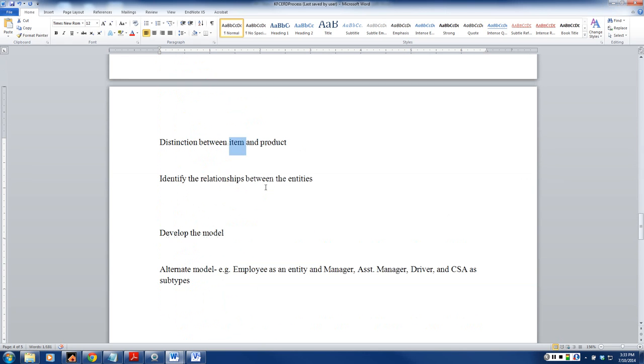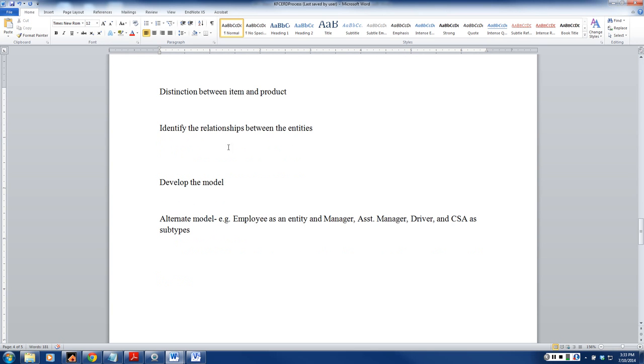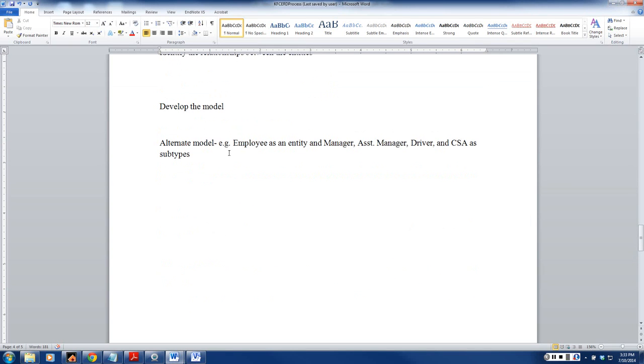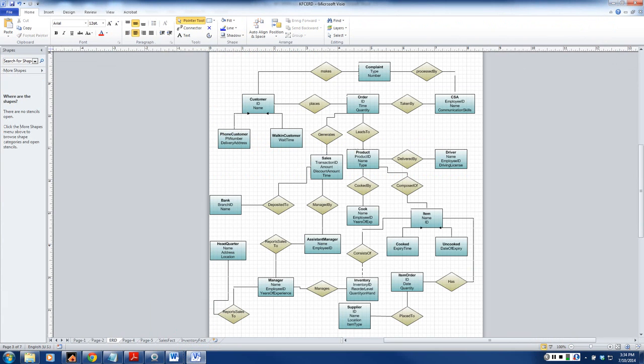It is important to distinguish item and product because items will have different types, including raw materials, cooked, uncooked, and they will finally end up as a product which is being purchased. So the product and item distinction is important. All the entities that we spoke about are written in the verb stage. We need to find out the relationships and then develop the model. There is also a possibility of an alternate model, which I'll talk about a little bit later. Now let's go and look at the ER model that I have created based on this information, and then we